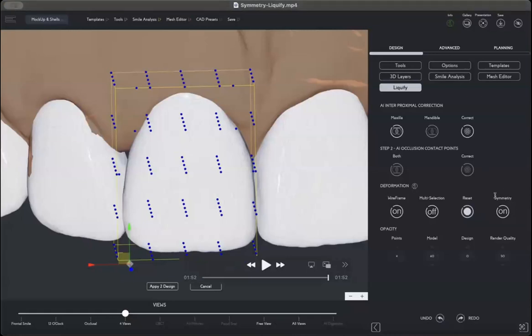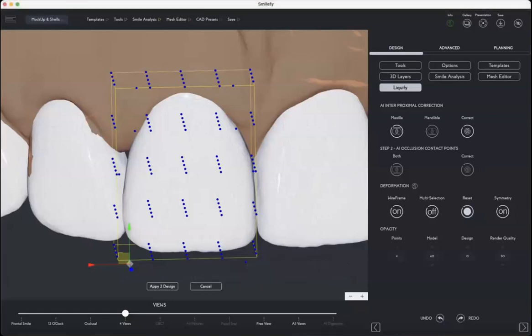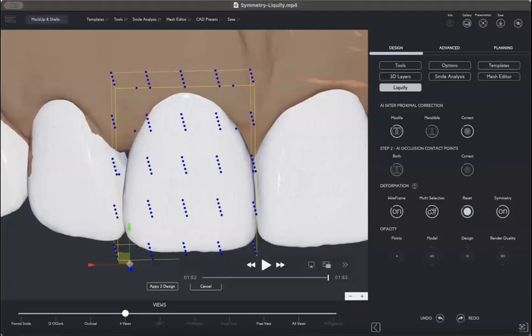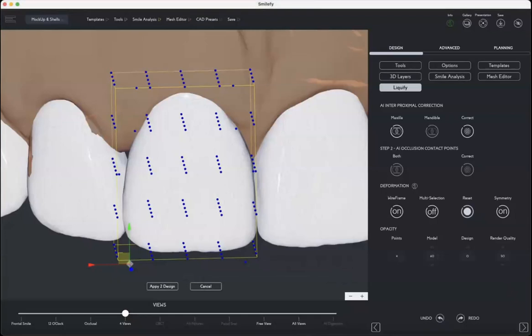Here, symmetry. Okay, got it. You have both canines, laterals, centrals, and then multi-selection. Multi-selection is the option. For example, if you want to select canine to canine, you can select all 6,